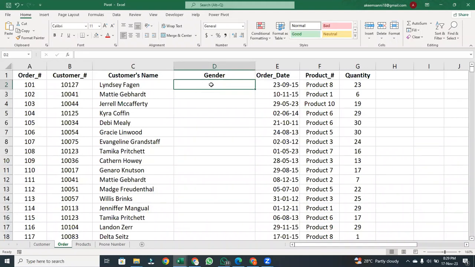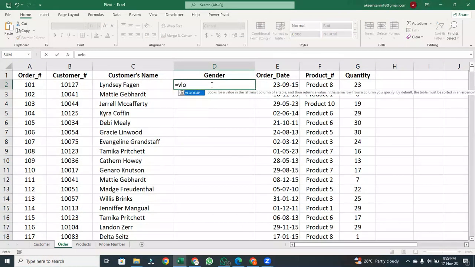So let me quickly get the gender, then we'll start talking one by one. I'll take about 5 or 6 people. So I'll say equals VLOOKUP. We are looking for this number. Now, you can also use the customer's name to get their gender, but the reason why we don't use this is